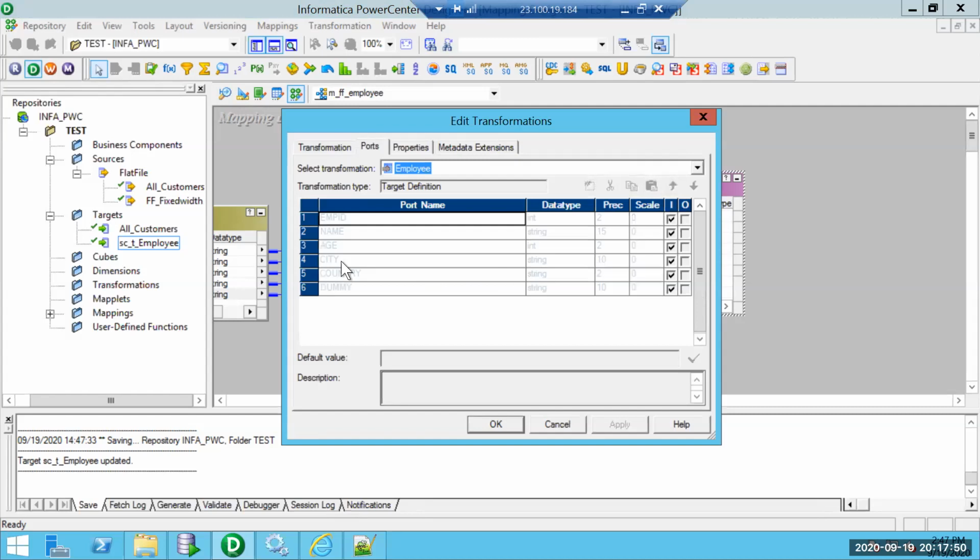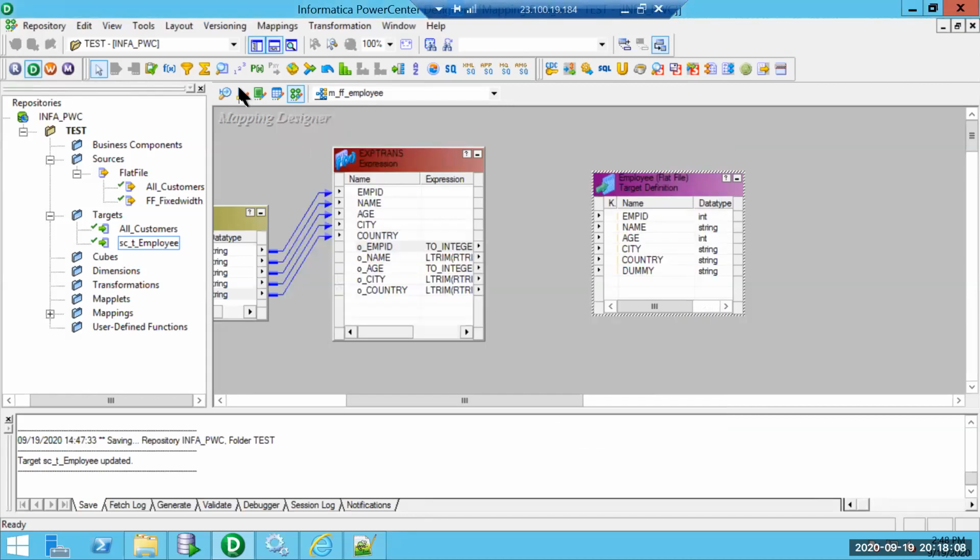One more important thing is, we cannot add or delete or modify any definition of a column directly in the mapping tab. So these all are non-editable. In case we need to change the data type or the length or the name of the column, or even add a column or remove a column, that has to be done from the target designer.